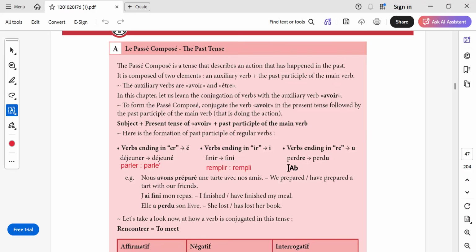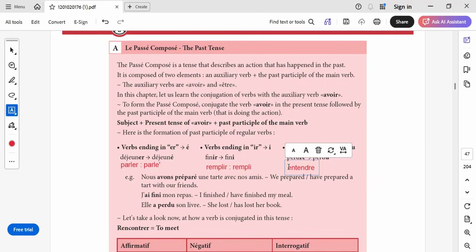Let's take one more verb, entendre, for example. Entendre is to hear. So when we remove RE and add U, it becomes entendu. So in this way, you form the participe passé and then as per the subject, we